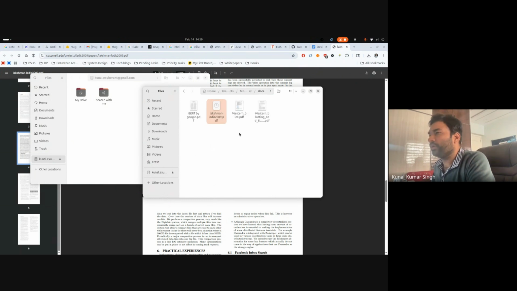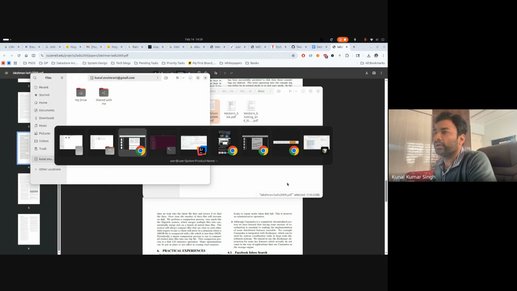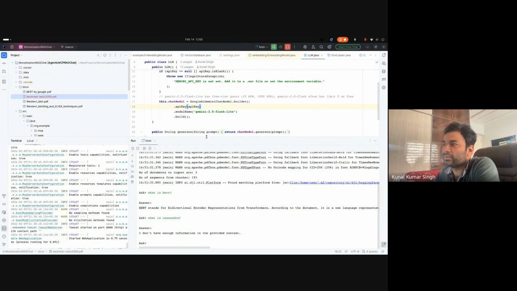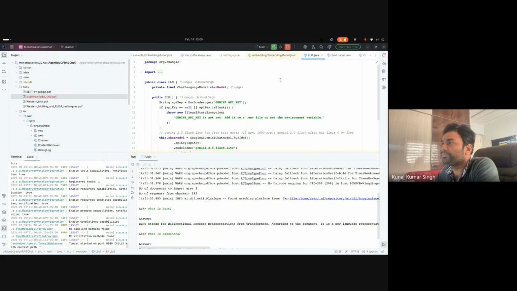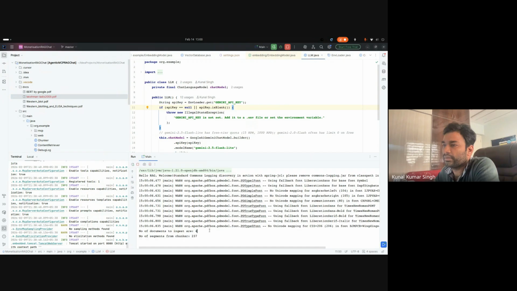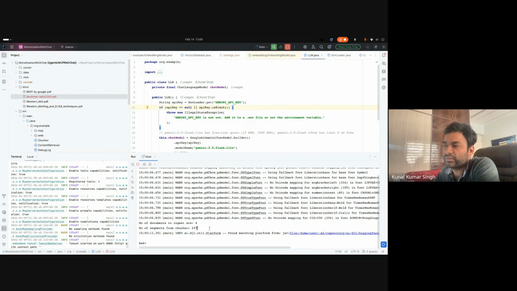Yeah. So now I put it here. I think in Telegram, so we will see the paper is here. So this is still not ingested because I'll have to restart the server. So I'll just try to restart it now. Yeah. Now you can see there are 4 documents, and the chunk size also became 193 to 237, right? Now let's ask the question: what is